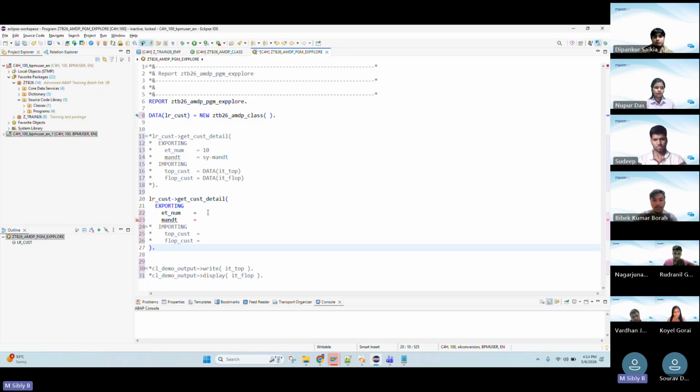Okay, here we need to provide the exporting variables. Here I'm just providing the exporting variable as 10, and the sign mandate also I'm passing, and we need to store this importing parameter. So I just provided the same. First of all, we need to uncomment this one,